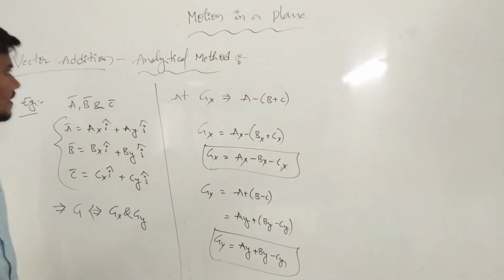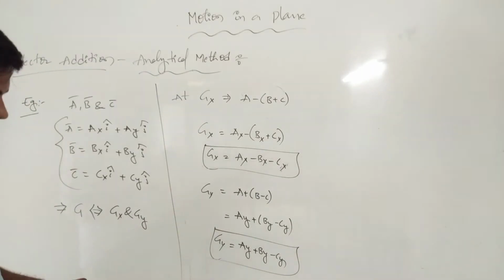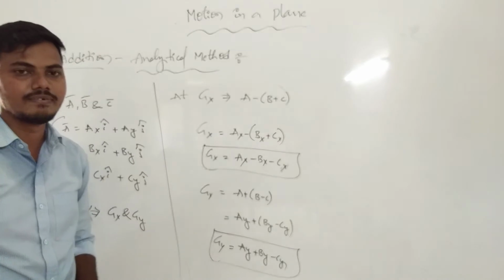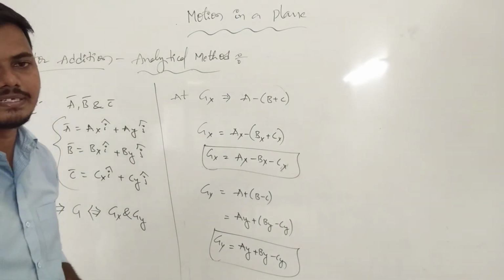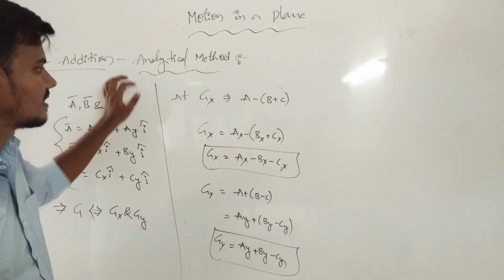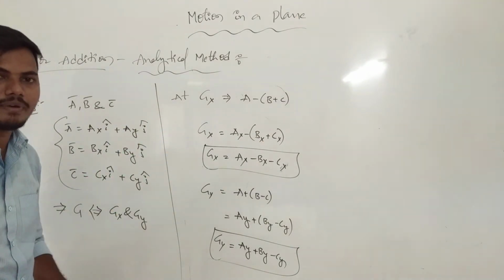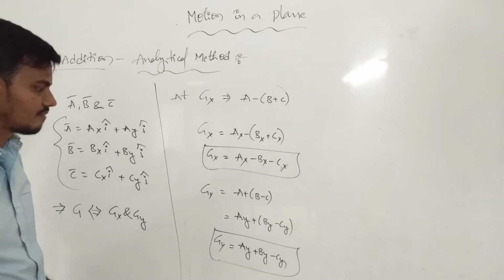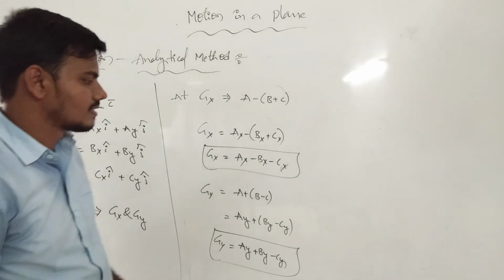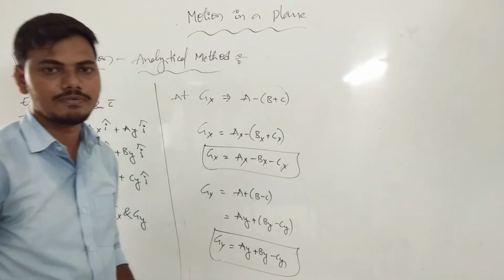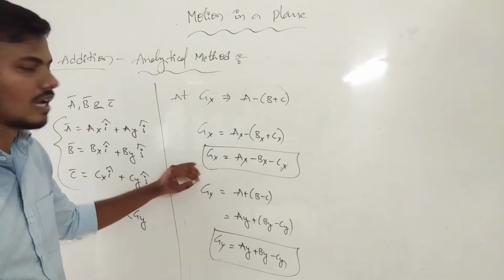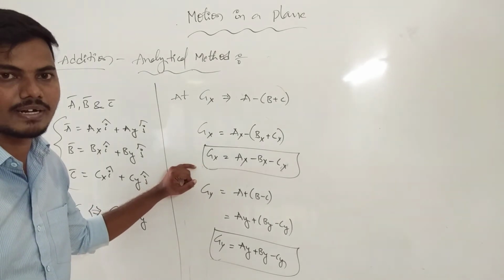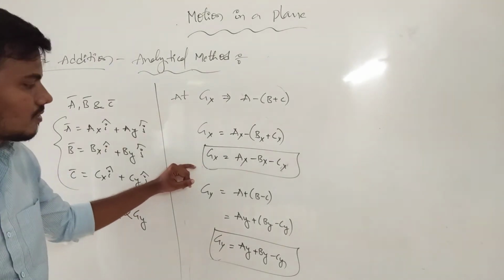There are two vectors we can introduce in the analytical method, Gx and Gy, which always follow vector addition in analytical methods. Addition we can introduce as in our previous one, A bar plus B bar. We can introduce the same at Gx and Gy. The G one is the resultant one. The resultant one we mainly use for our vector positions. Previously we introduced our vector positions or vector properties also.